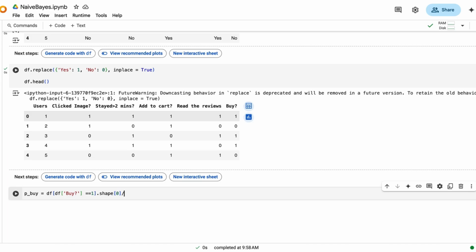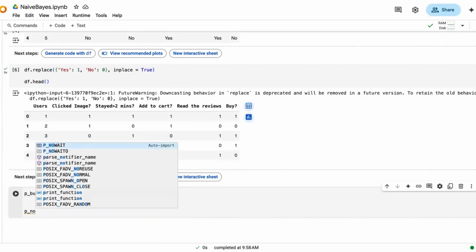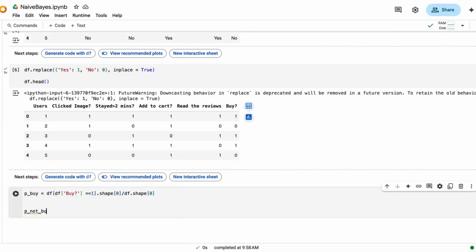So the shape 0 gives us the total number of rows, where buy column has value 1, and we'll divide it by total number of customers, which is df.shape 0. And the next prior probability is the probability of a customer not buying a product, which is basically 1 minus probability of a customer buying the product. And if we go ahead and print,